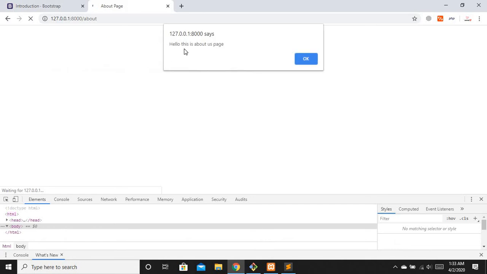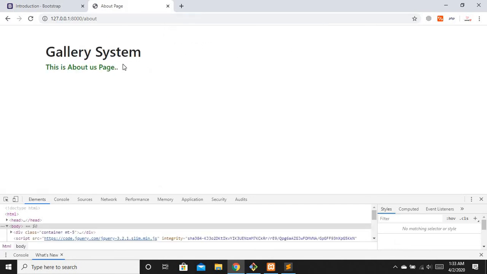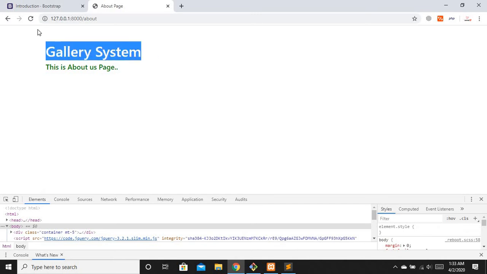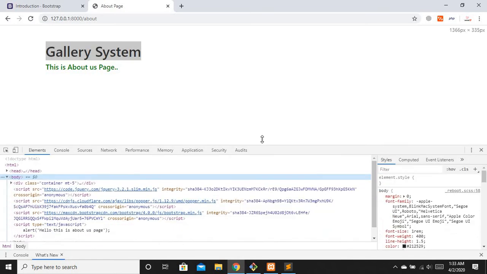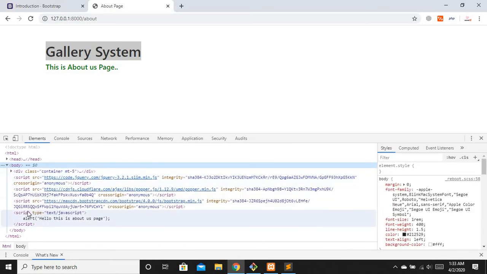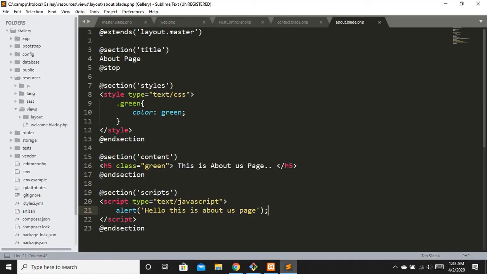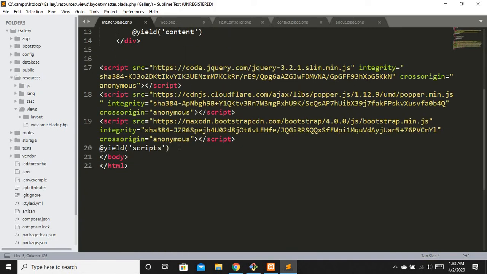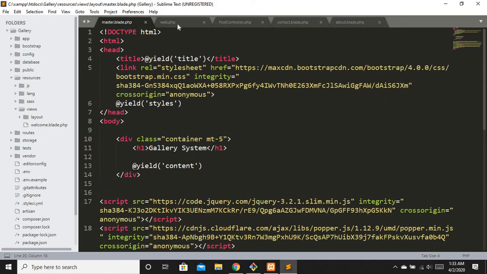Hello, this is the About Us page, and we have some common HTML and CSS included from the master layout, and we have some dynamic content as well. See where it is placed, just below the CDNs, right here. Okay, now